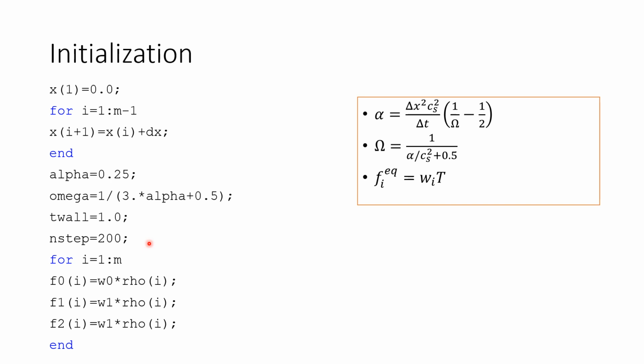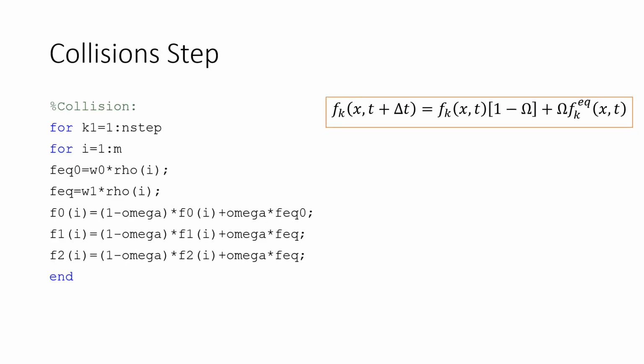And to initialize our model, the distribution function would be equal to F equilibrium, and we know that F equilibrium is equal to W times the temperature, so that would give us these values for the distribution function. So the next step is the collisions substep,